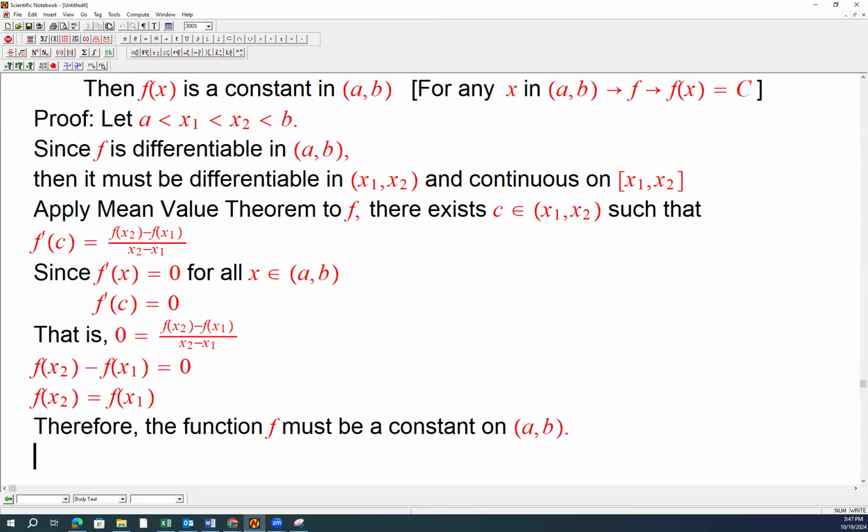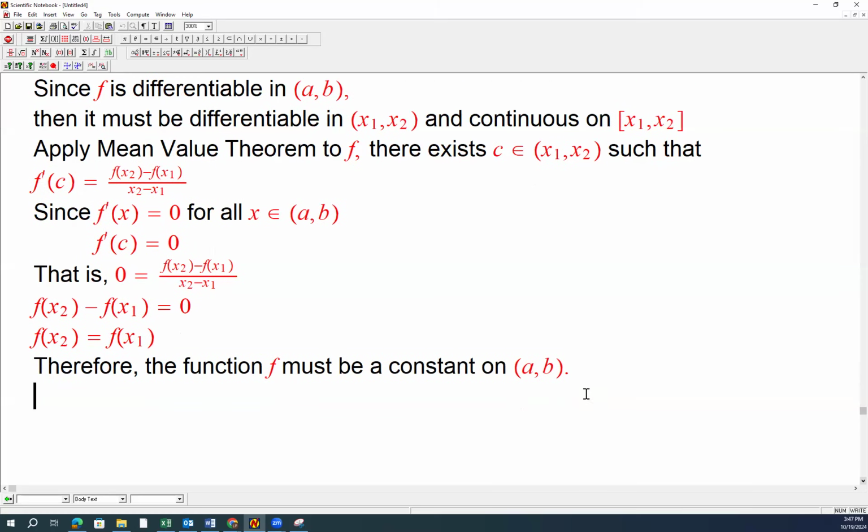We know from our previous studies that if two functions are the same, their derivatives are the same. But what if the derivatives are the same? What can we say about the function? Our next theorem, as a corollary of the theorem we just did, says